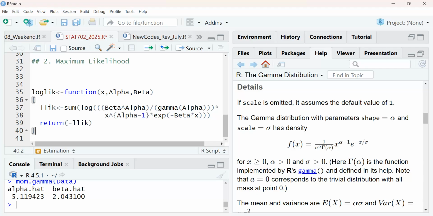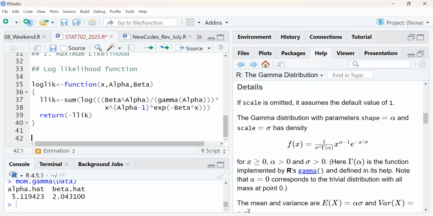Okay, good. So once we do this, this is the log likelihood function. Then the next thing we will do is to optimize the likelihood function on the data.